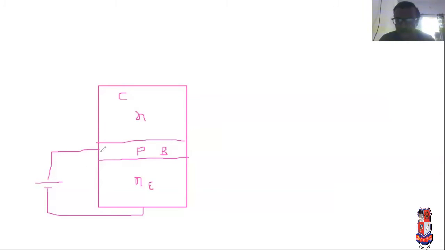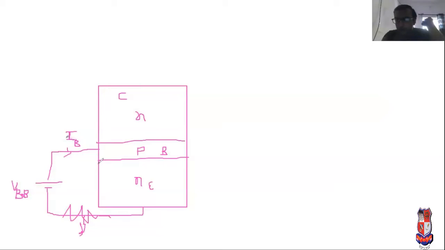So for the transistor operation, the base emitter junction must be connected in forward bias, and the collector base junction must be connected in reverse bias. First of all, the base emitter junction is connected in forward bias through this battery, which is known as VBB. That's why I have written VBB here. Here one resistor is also present, which is known as RB. Now the current that flows here is known as IB. Why IB? Because the input current is IB.